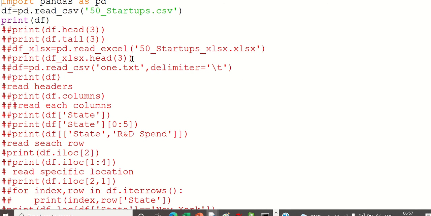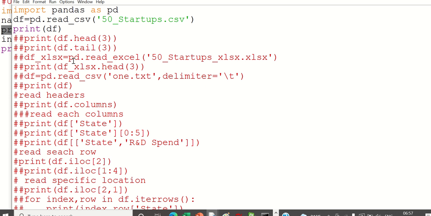For pandas, the package name is pandas. Those who have not installed pandas, quickly install it. I will share one of the data sets here. Let me see if the data set is also present.